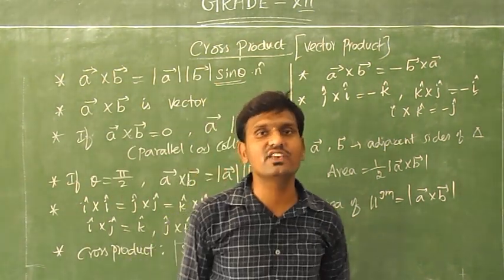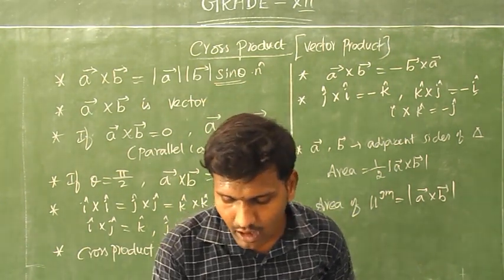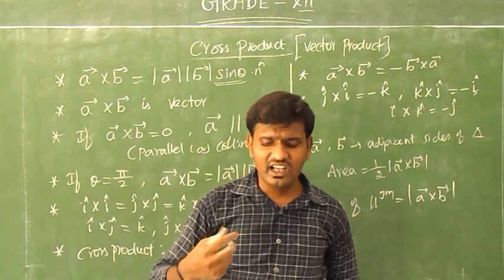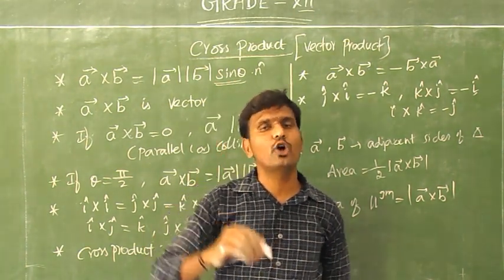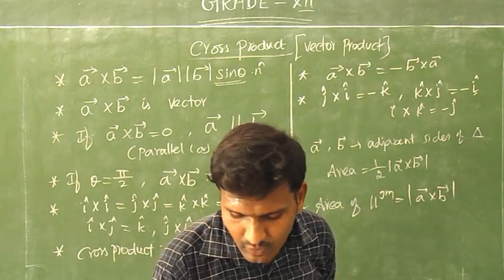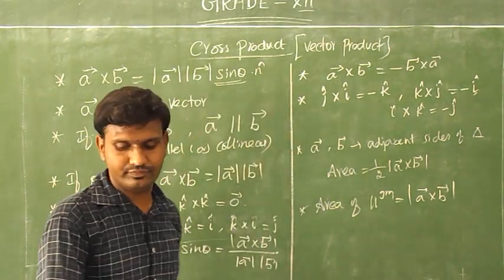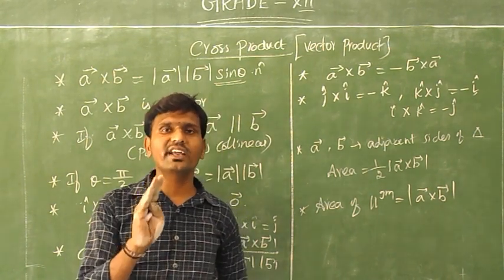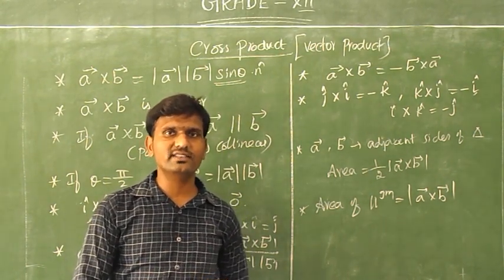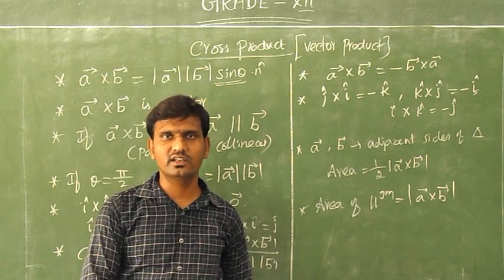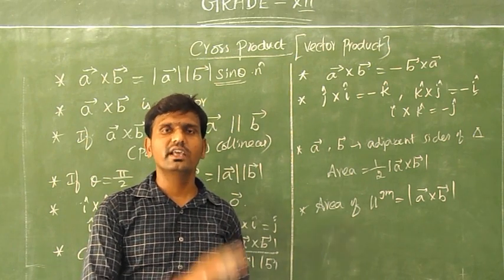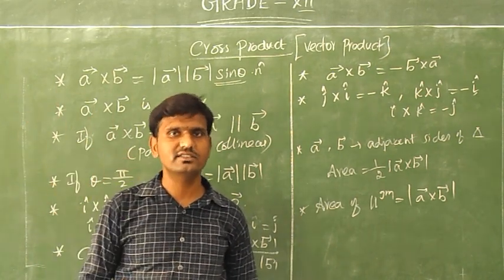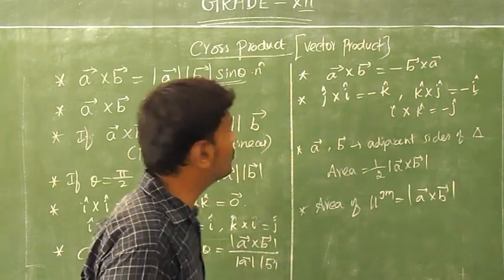Next, the two properties are given: the distributive property of vector product, and next, let lambda be any scalar, we have to multiply that. Page number 451. Okay, already I told you in your previous class how to find the cross product. How do you find it? Can you remind this? A vector cross b vector means we have to write i, j, k and use the determinants. Okay, fine. Now we have to do the sums.